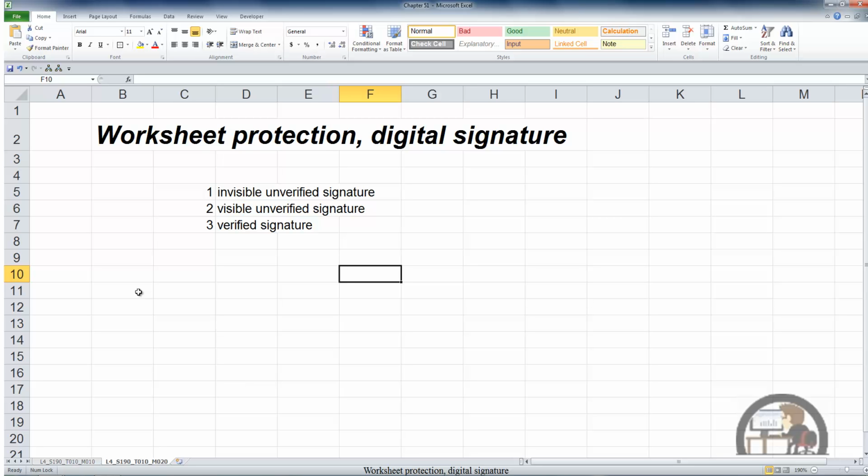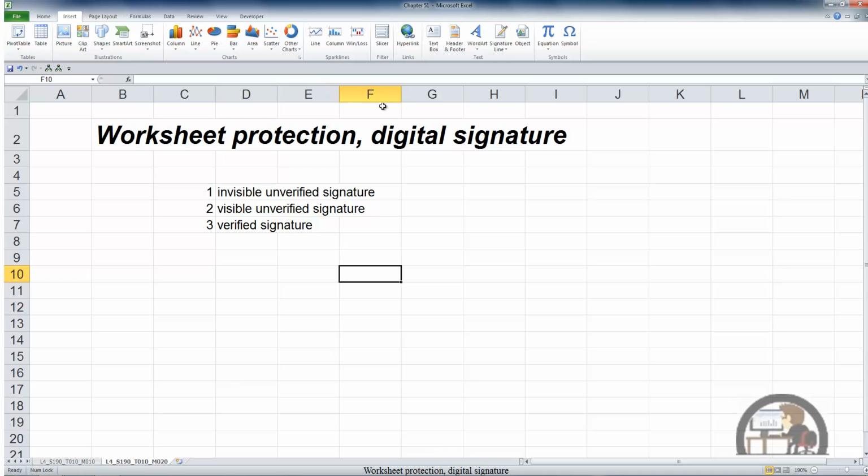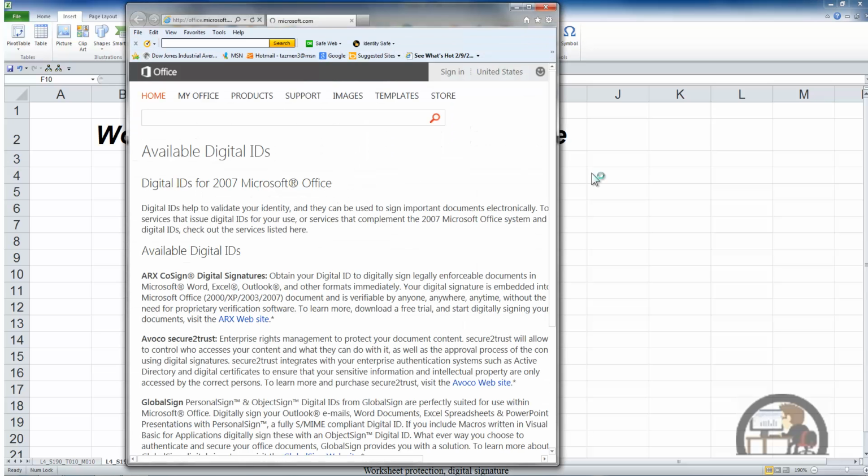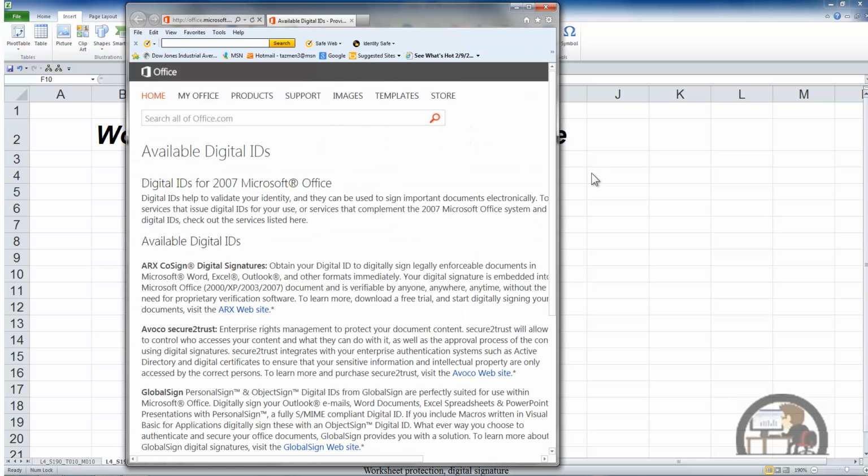So the third way to sign a document is the way that Excel keeps trying to get us to use, and that is to purchase the services of a third-party provider that for an annual fee of somewhere between $100 and $500, they will validate your signatures in your documents, including workbooks. So if we go to Insert, Signature Line, and Add Signature Services, we'll be taken online where we get some information about how we go about doing this and some links to the third-party service providers. This, at the end of the day, is really the only way to verify and validate